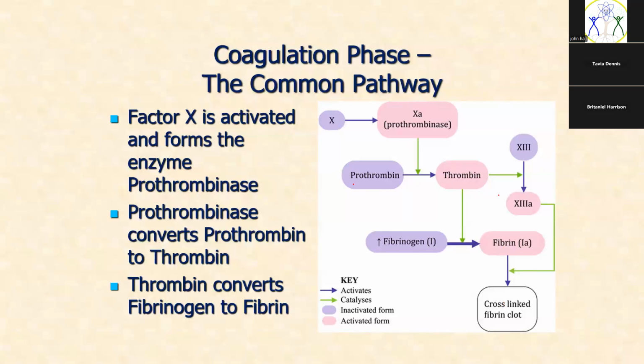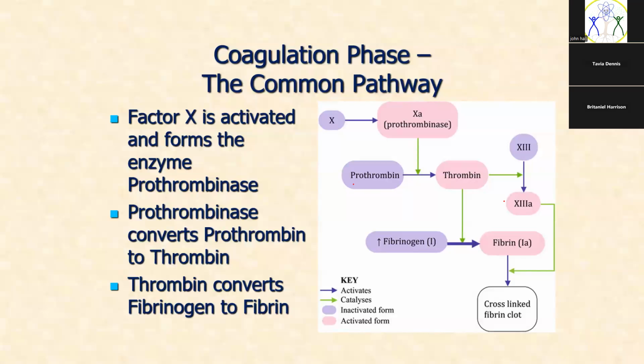In addition, thrombin also activates something called factor 13, and 13 reinforces the mesh that makes up the clot, right? So fibrin forms lots of strands, and factor 13 basically weaves the strands together, joins them together to form